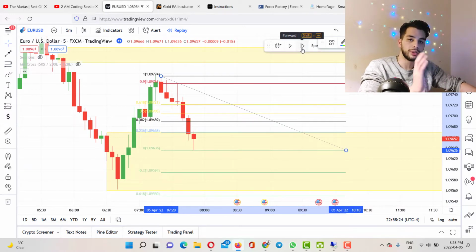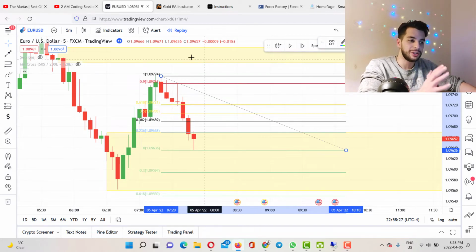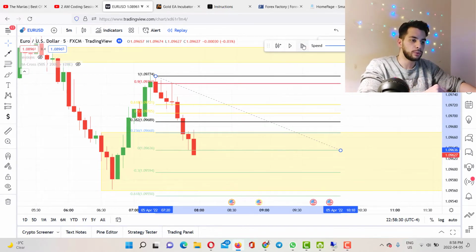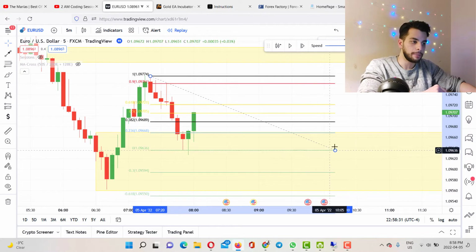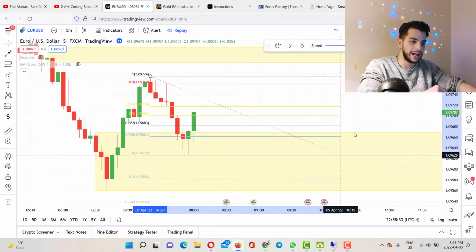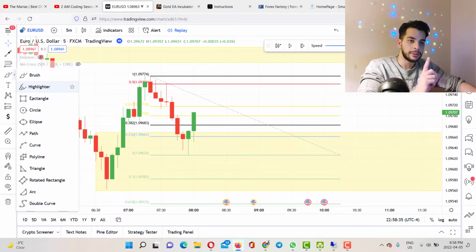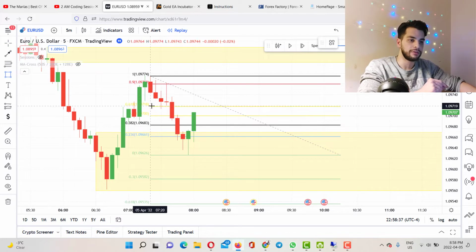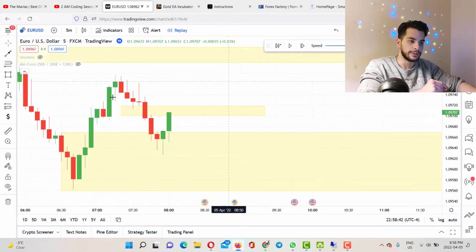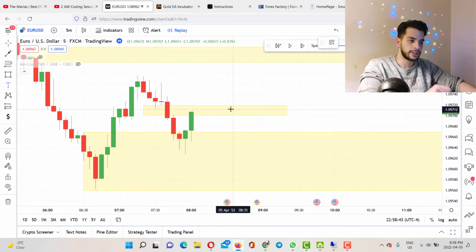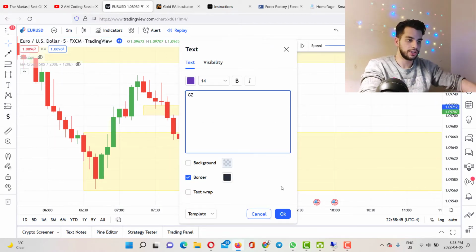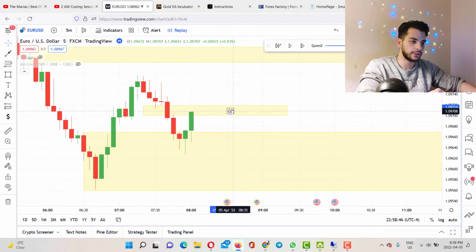So a lot of people just jump into the trade because they saw a momentum, but it's actually not for 5 minutes. And if I want to move forward, you see that it's still going up, and this is where the correction happened. But you gotta pay attention to this zone between 50% to 60%, which is our golden zone here. And I'm going to remove this. So this is our golden zone, which is GZ golden zone, and this is for